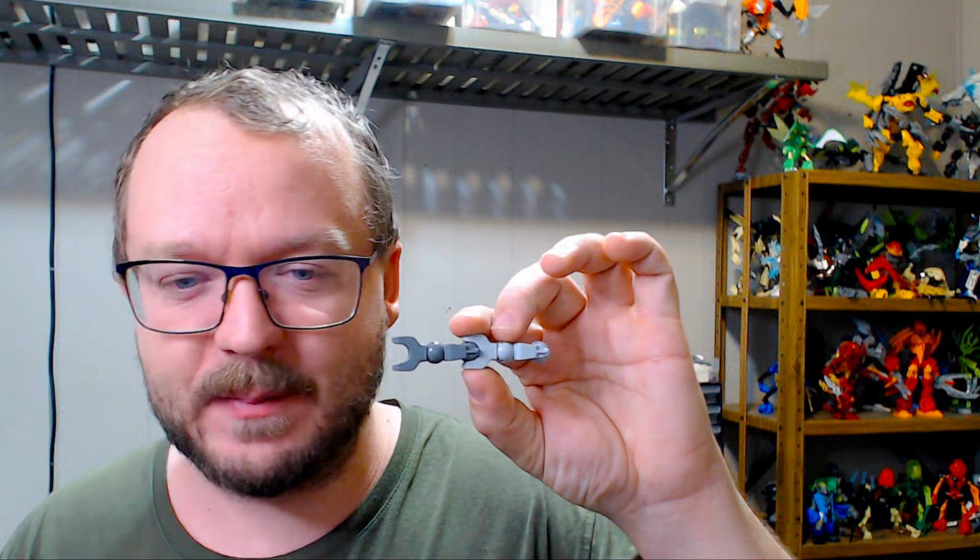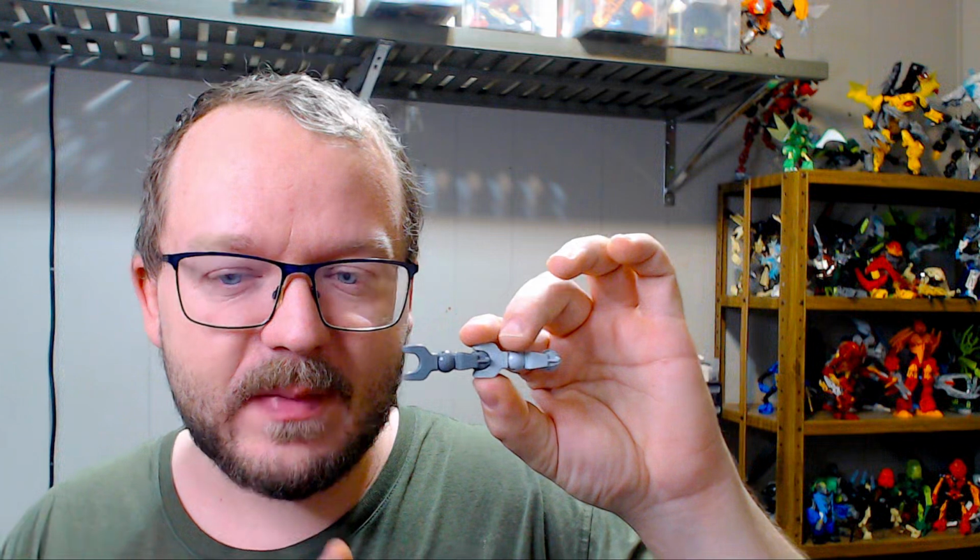Another popular color, gray. Gray as a color family is obviously the go-to neutral when you're wanting to build something maybe like rocky terrain, and of course Star Wars ships, a plethora of them use gray. But for a long time, LEGO actually produced 3 different shades of gray, including dark bluish gray, light bluish gray, and very light bluish gray, and then of course their predecessors, minus the bluish tinge. But LEGO has never produced, at least not to my knowledge, a very dark gray, and especially not a very